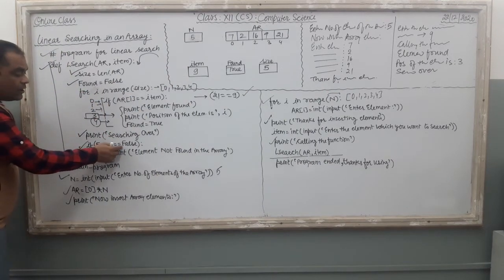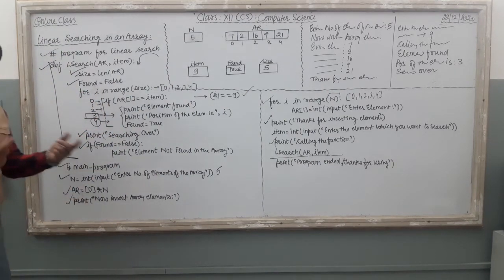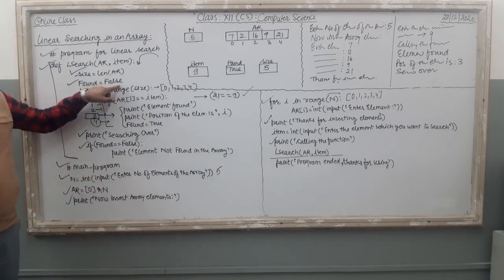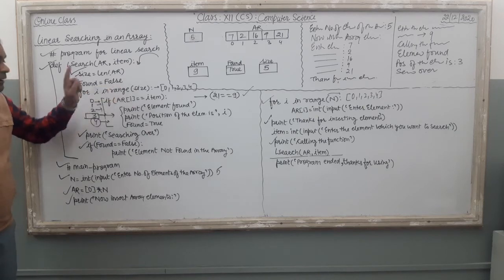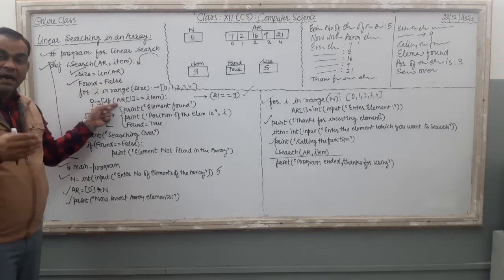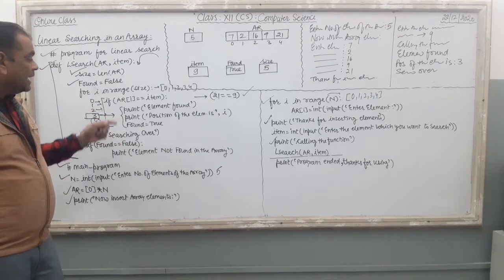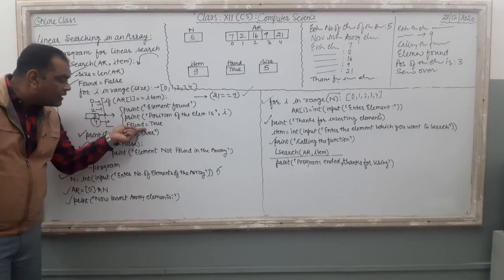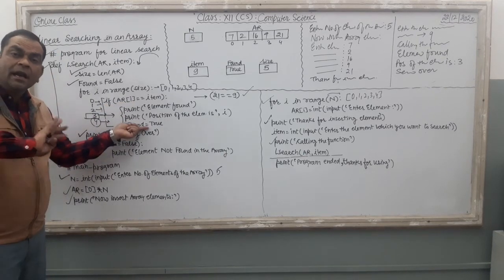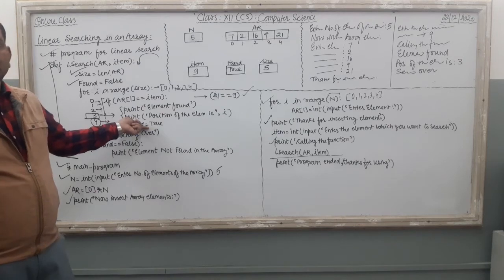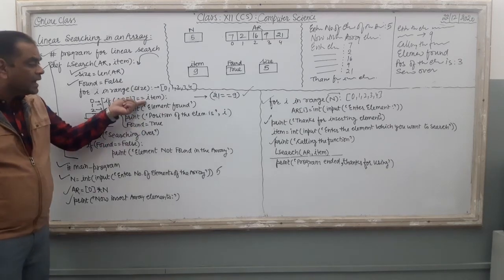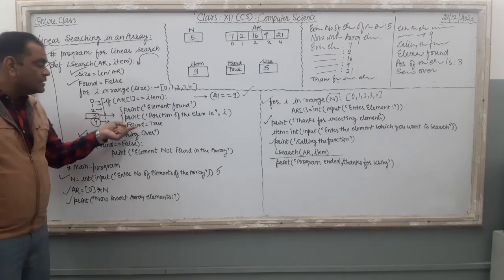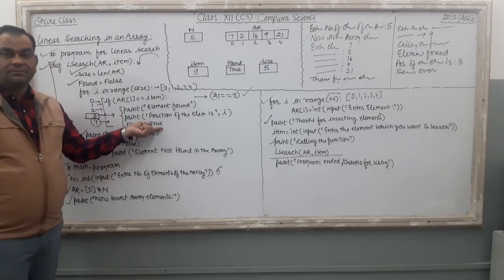Then see, one if is there. If found equal to false. When will this happen? When will found remain false? Just see, what is the starting value of found? It is false already, right? If the specific item is there inside the array, only then is the value of found changing. If this condition is true, only then will the computer change the value of found to true. If no element was found in the whole array, there is no specific element in the array, then what will happen? The if will never run. The if never ran, it means the value of found will never become true, right?